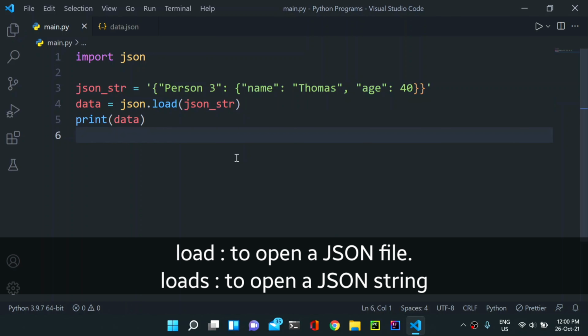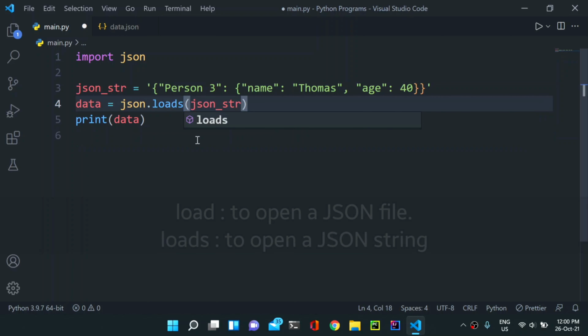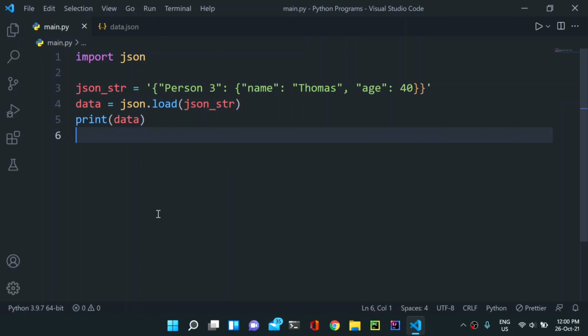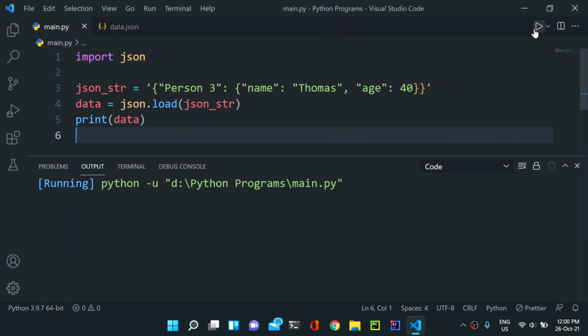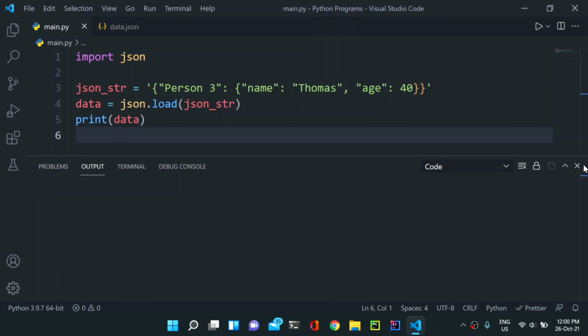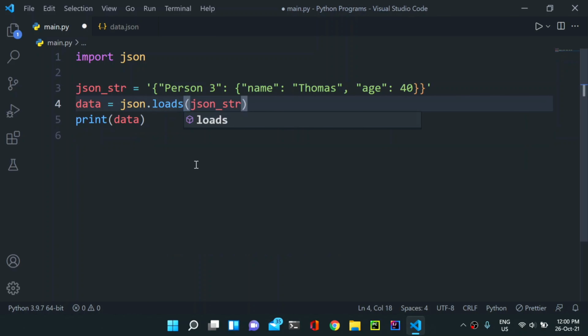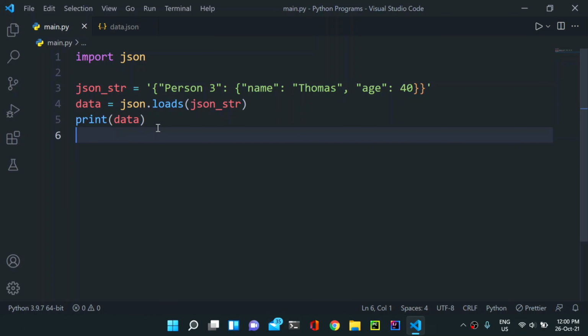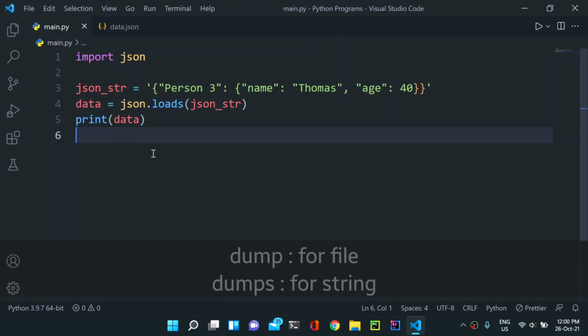To open a file, we will use load. To open a string, we will use loads. Okay. So if I keep this load here, you will see an error. As you can see, str object has no attribute read. So it is trying to read the data from this str object, but this is a string, it is not a file, and that's why that error was coming.